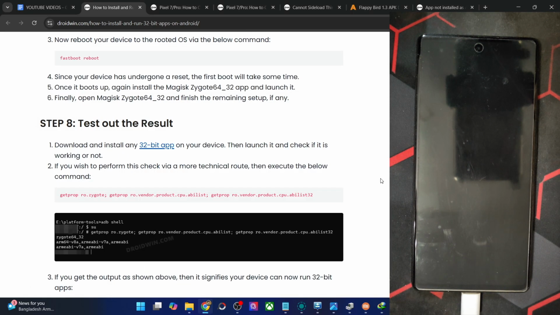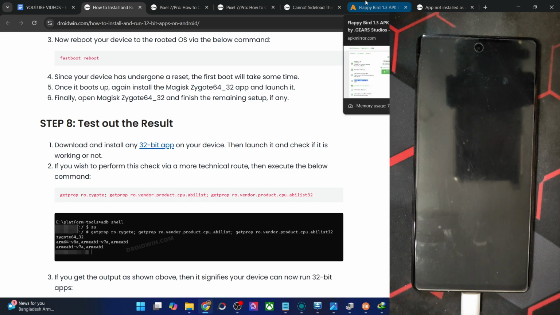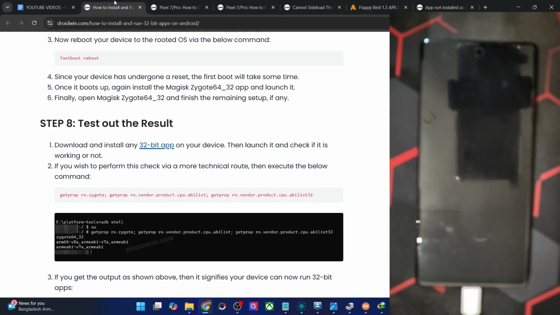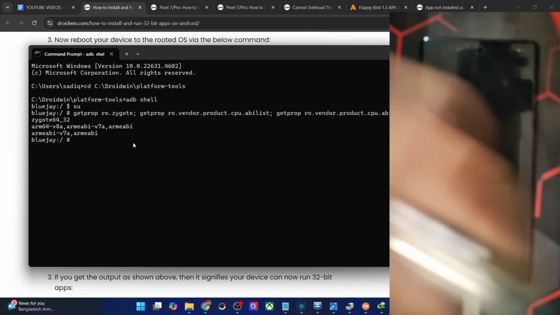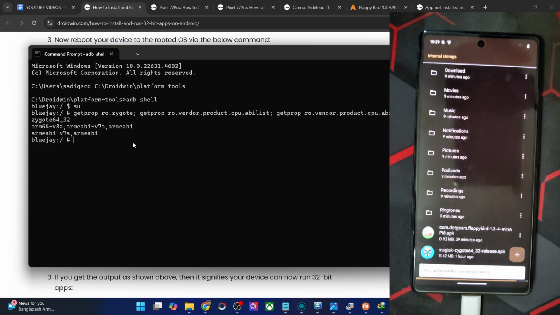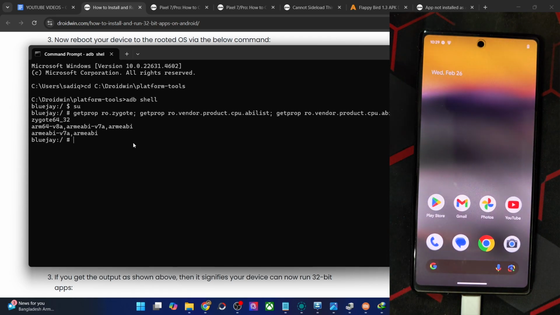The OS version bypass is only required for some older APKs, which are extremely old. For example, more than 10 years old. So that is why I have to bypass the OS as well. In some cases, simply bypassing the CPU architecture might get the job done. But since I have shown you in my case, that is not possible because even after doing an install, I cannot install it. So now I have to move over to the next step.